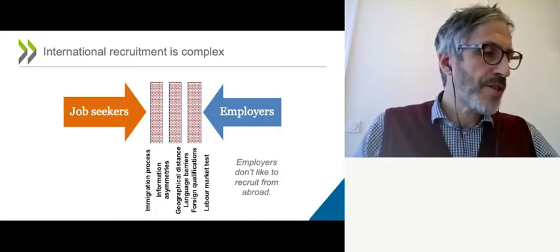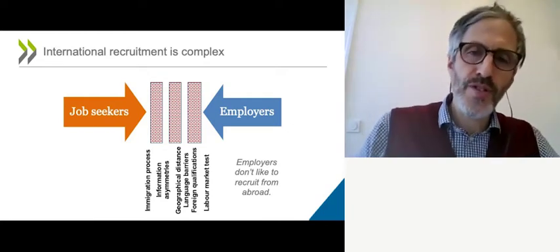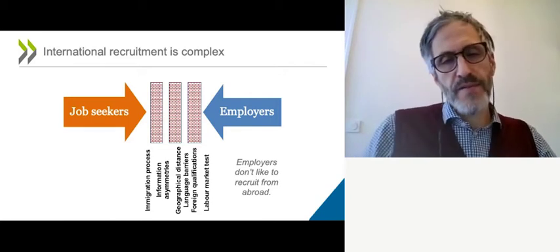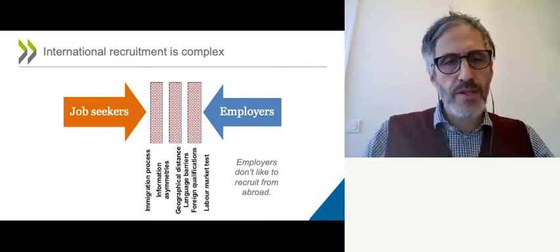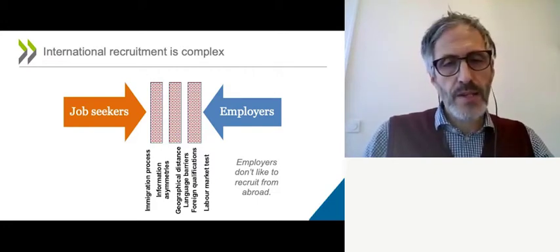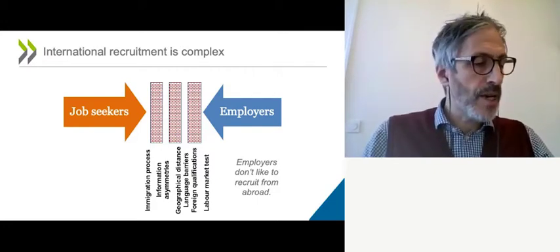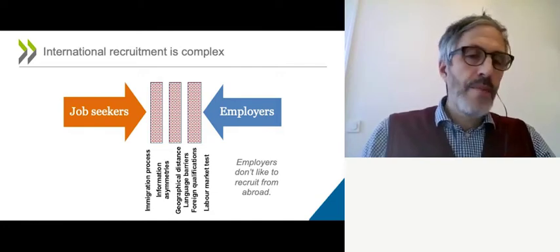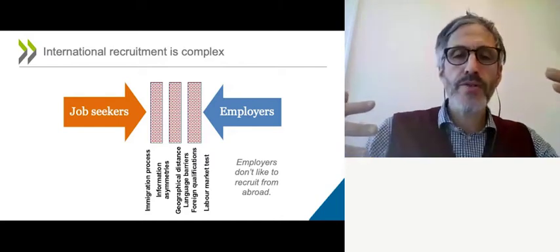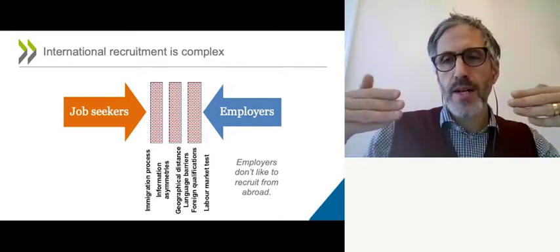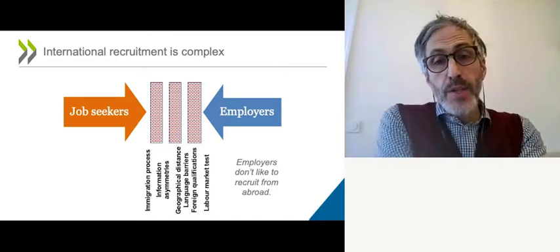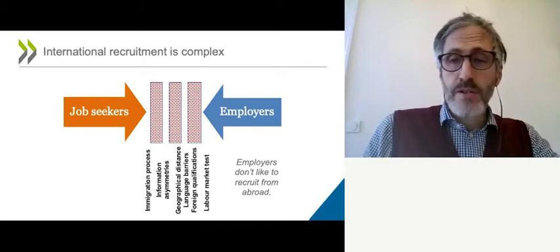So the first reflection, I think, is that the international recruitment is quite complex. The audience today is quite familiar with the recruitment process, so I won't go into much detail, but also, as Florence said at the beginning, there are a number of challenges in international recruitment. Matching involves overcoming information asymmetries between the job seeker and the employer. In a way, we could say it's a bit of a miracle that any international recruitment occurs at all, if